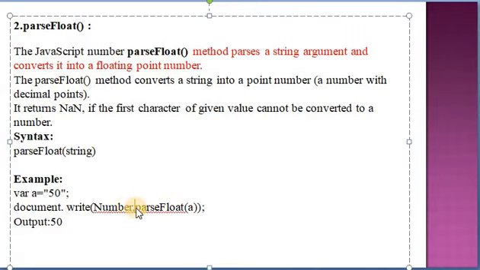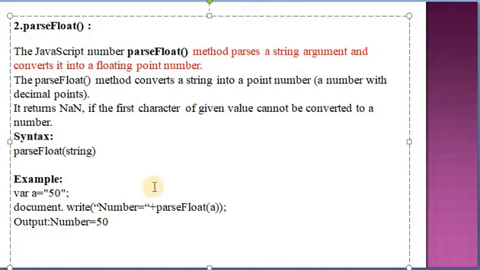Here you can write number equal to parseFloat. Here use a concatenation operator, that is plus operator. Here number is equal to parseFloat, it returns number equal to 50. The result is number equal to 50.